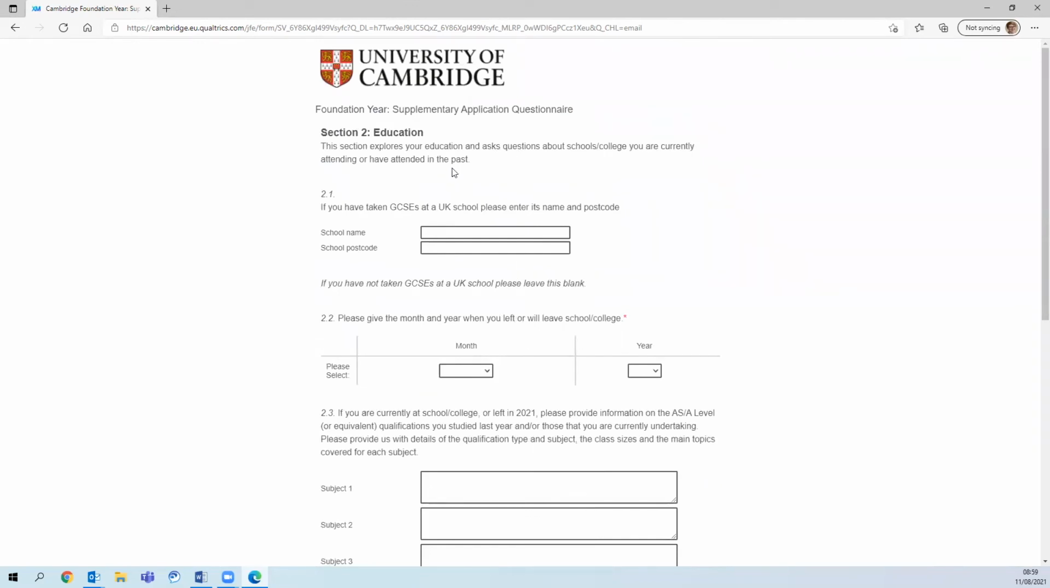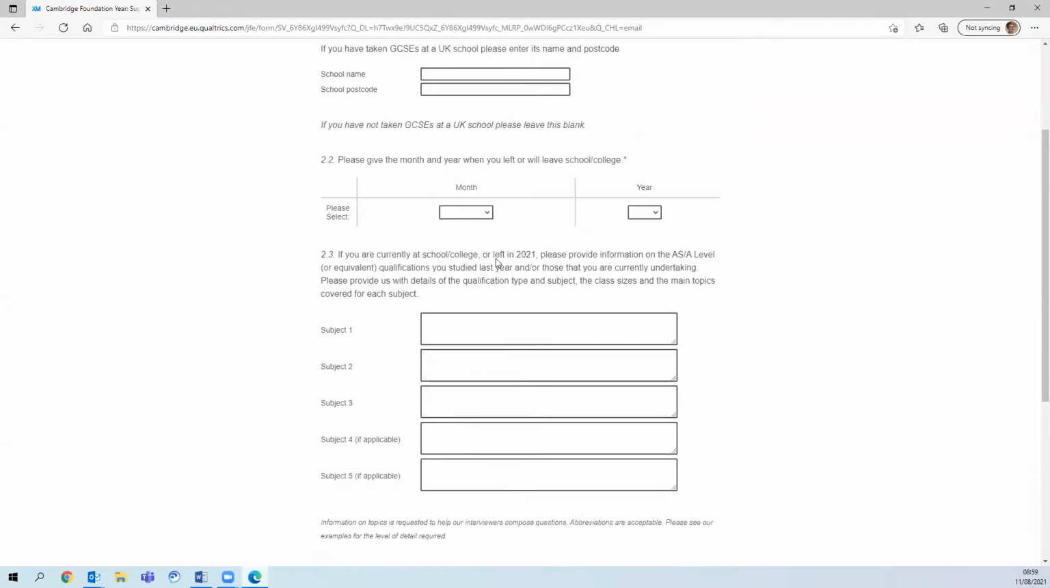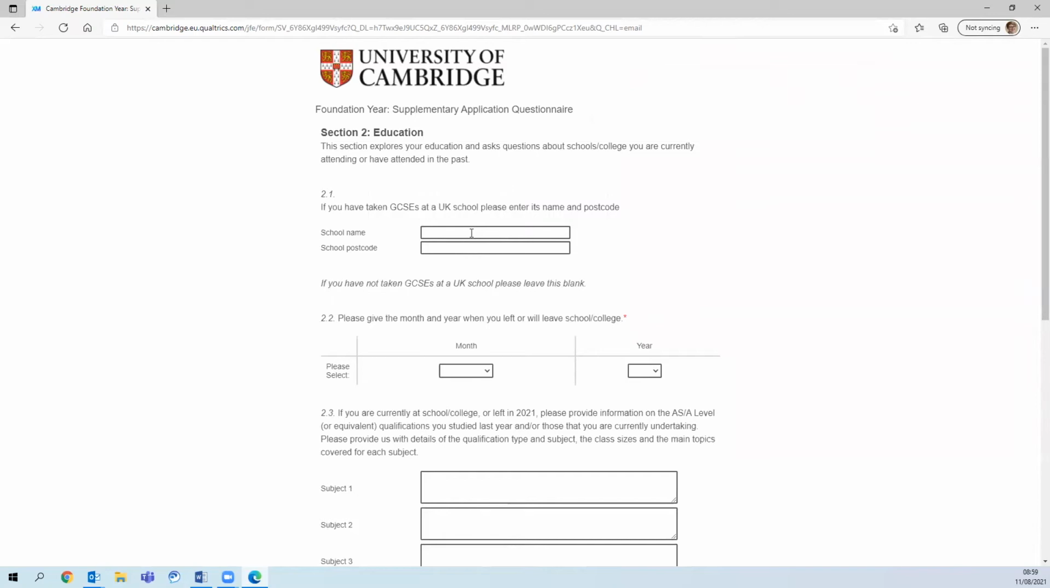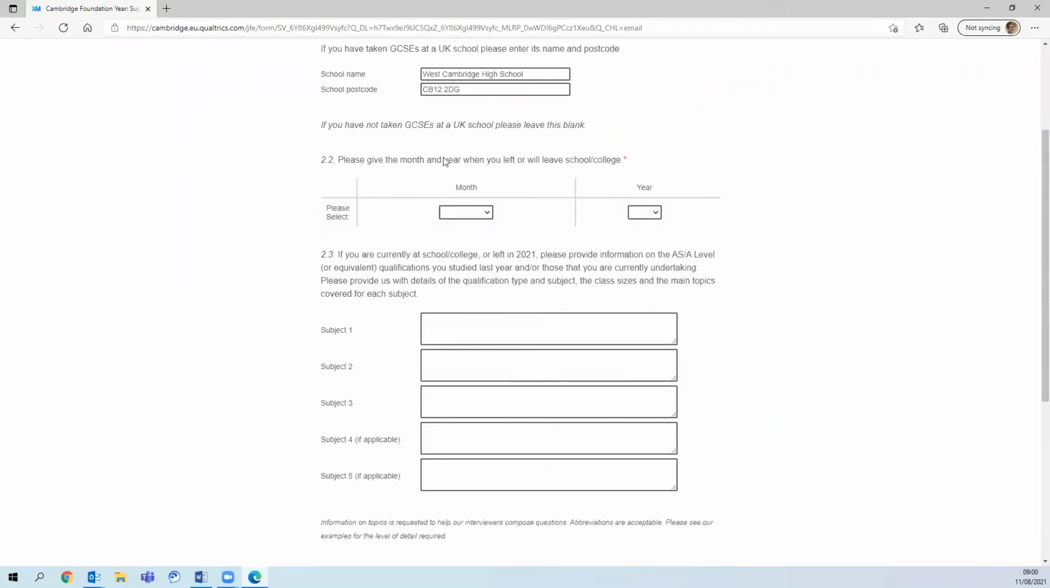The next section looks at your education. So this is about the schools that you are attending or have recently attended. It's for most people. So if you've taken your GCSEs at a UK school, it asks you to enter its name and postcode. If you didn't take GCSEs at a UK school, you can leave this blank. For today, I'm going to put in the name of my school and a postcode here. So it then asks you to put in a month and year when you leave school or college. So again, that's pretty simple. It's just a drop-down menu. Pick, say, June